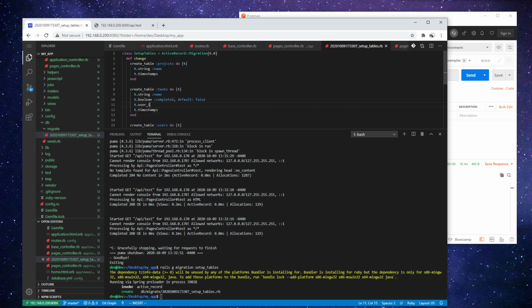This is going to belong to a user. You can use references like this, and that would reference that table. References aren't preferable when you're scaling your Postgres database out, so it's better not to have those foreign keys bound. So I always just do integer user ID, which is what it would do underneath. This probably belongs to a project, so we'll do that. We'll just say string name here,